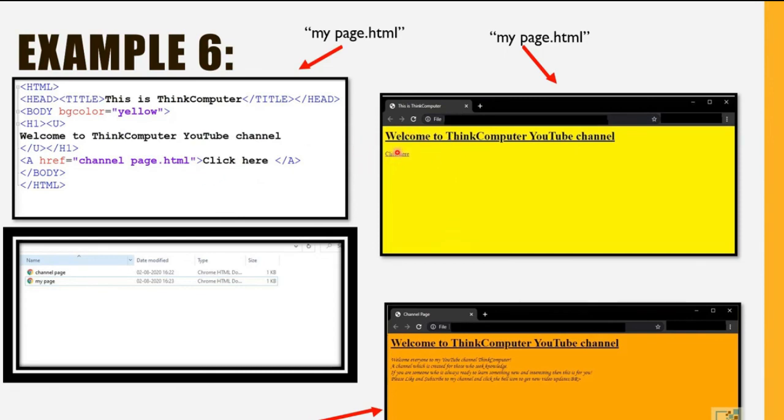You must have seen this in different websites, right? Even if you open Google or any other website, you click on different buttons or different links. That is what a hyperlink is, and they have done it using the anchor tag only. So in my page, which is mypage.html, this type of link will appear. Now when you bring your mouse cursor on top of this, it will change to a hand sign. When you click on that, then channelpage.html will open like this. So this is how the anchor tag works.